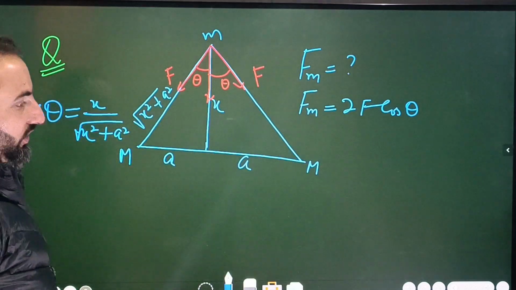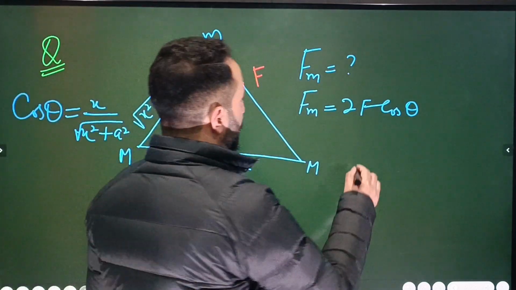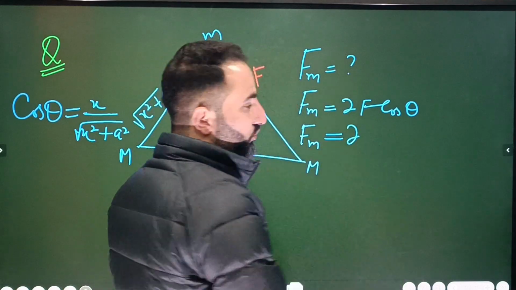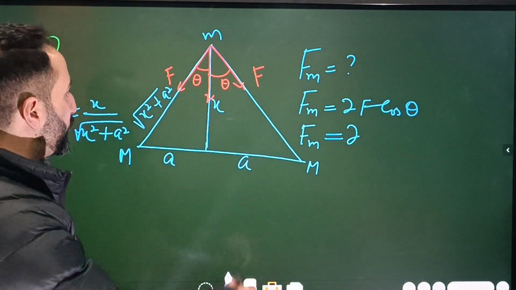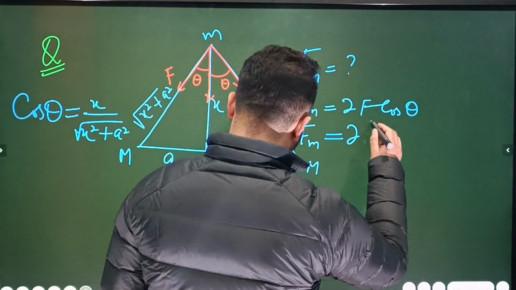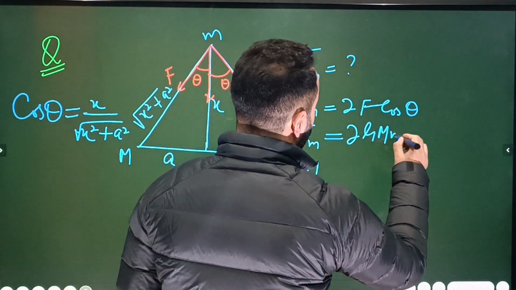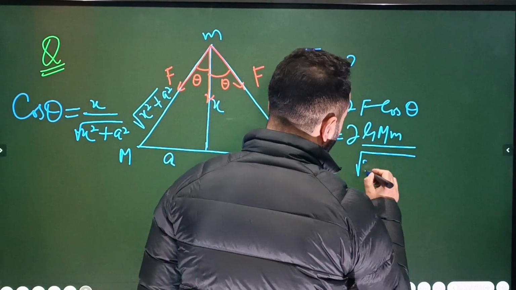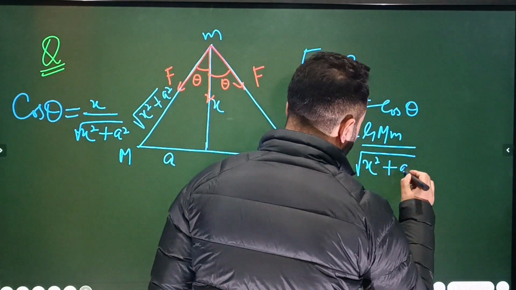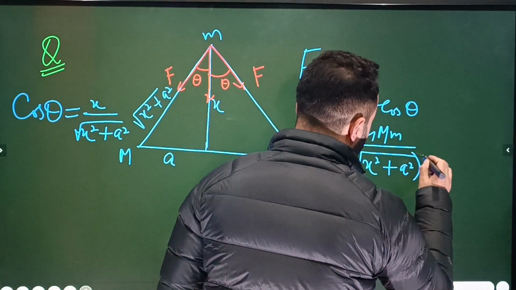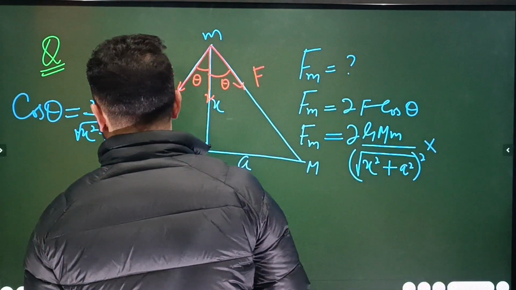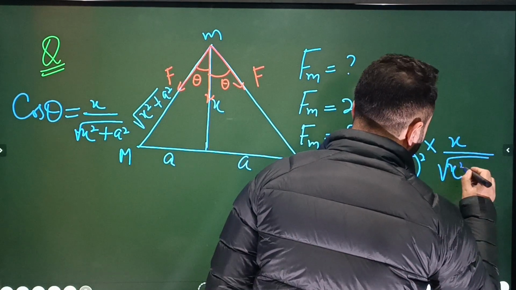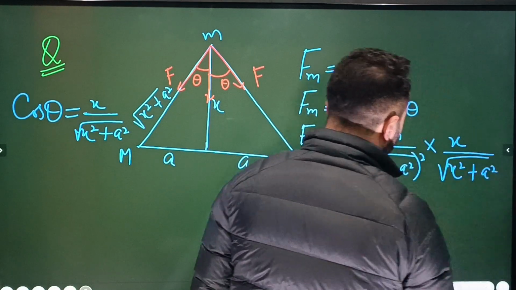सो लेट्स कैलकुलेट द फोर्स नाउ, ओके। यहाँ ध्यान दीजिए बेटा। So force on the small m will be equal to यहाँ 2। ठीक है बेटा, capital F is the force between capital M and small m, so that will be equal to G into capital M into small m divided by, इनके दरमियान डिस्टेंस कितना है बेटा, रूट ऑफ x स्क्वायर प्लस a स्क्वायर होल स्क्वायर। ठीक है ना बेटा, multiplied by cos theta है किसके बराबर, x divided by रूट ऑफ x स्क्वायर प्लस a स्क्वायर।